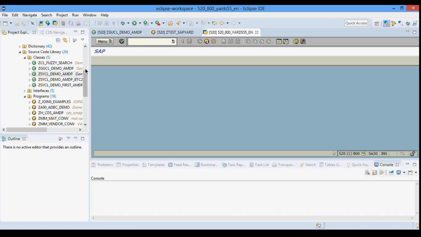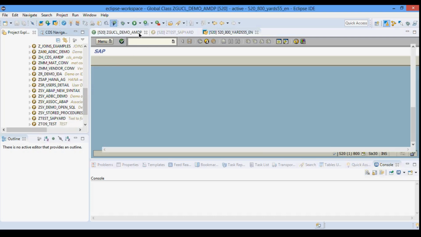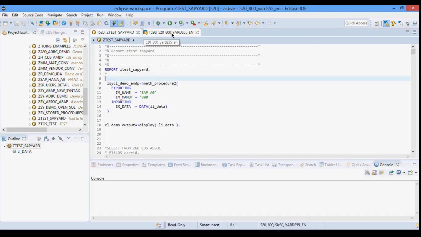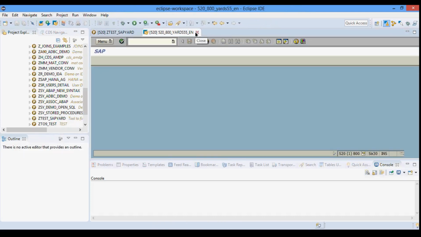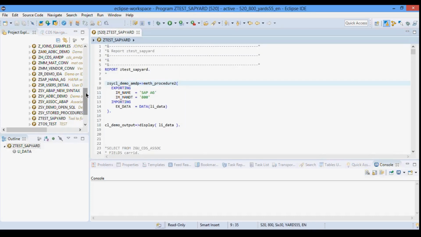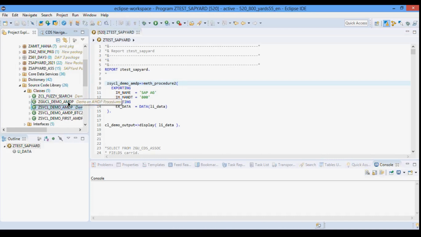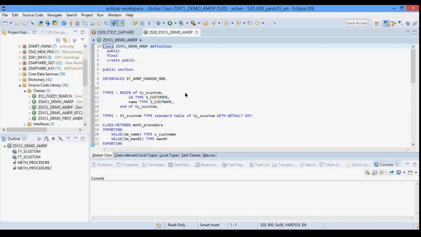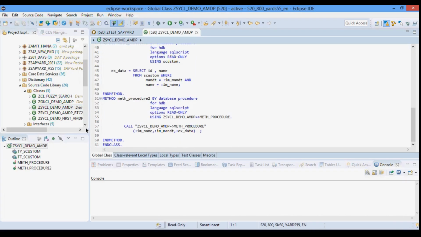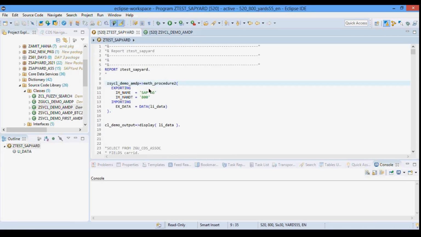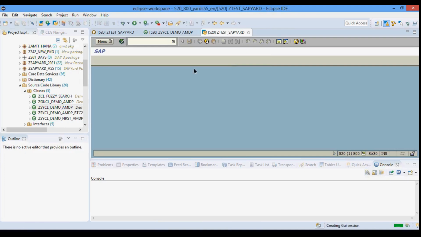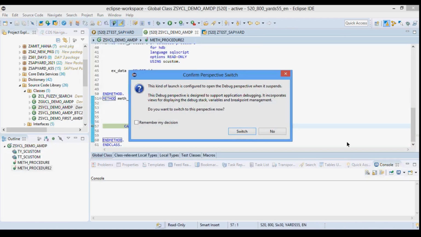Now you can also put breakpoints, which means you can directly debug also. Let me show you. Consider that I need to debug this particular one. You just double click, and it will add a breakpoint, and you just need to execute it.